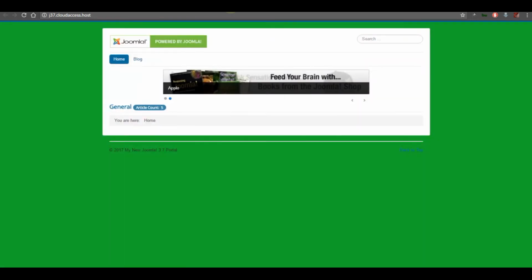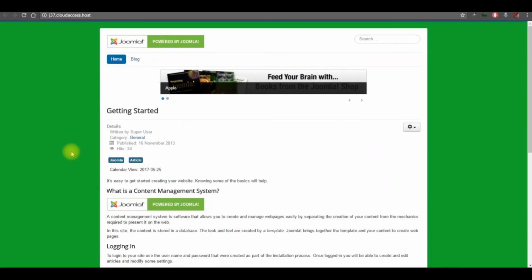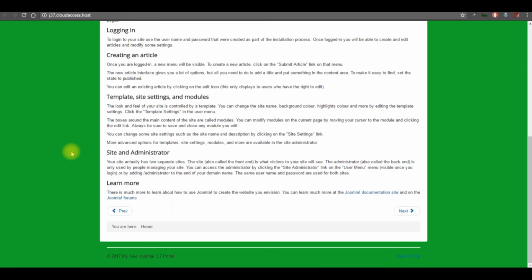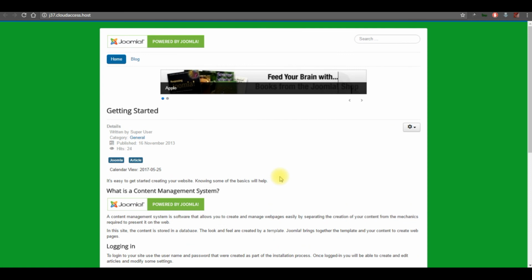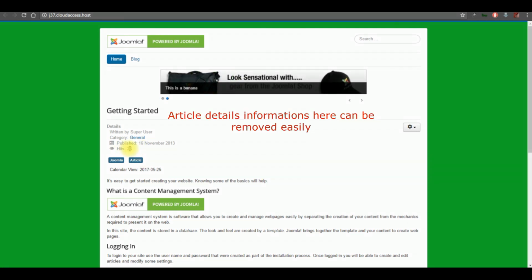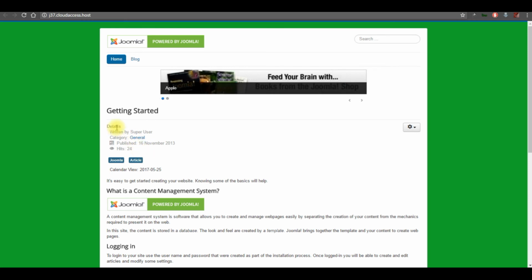So basically, we're going back to our content page. Okay, here's the thing. Sometimes people don't want all this. This thing we can remove. There's a custom field that we have, and then these are some attributes for the article. So we can remove them by